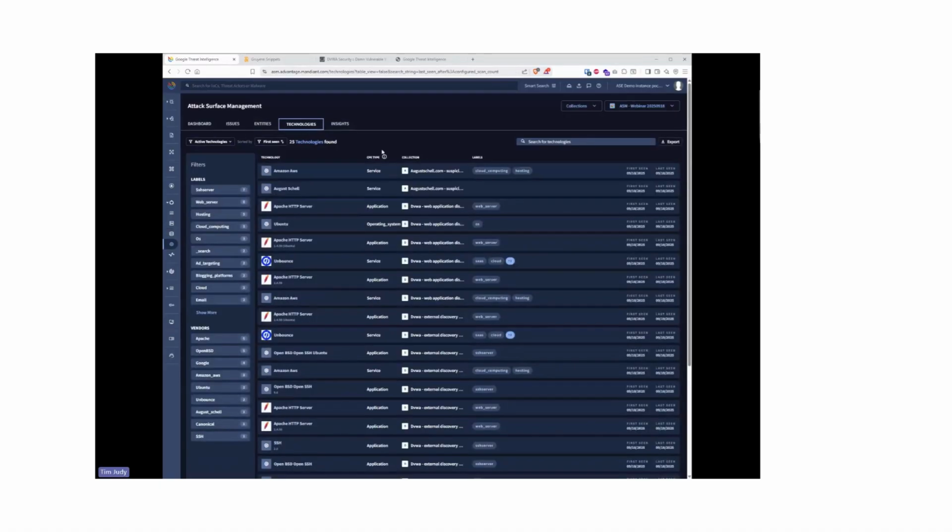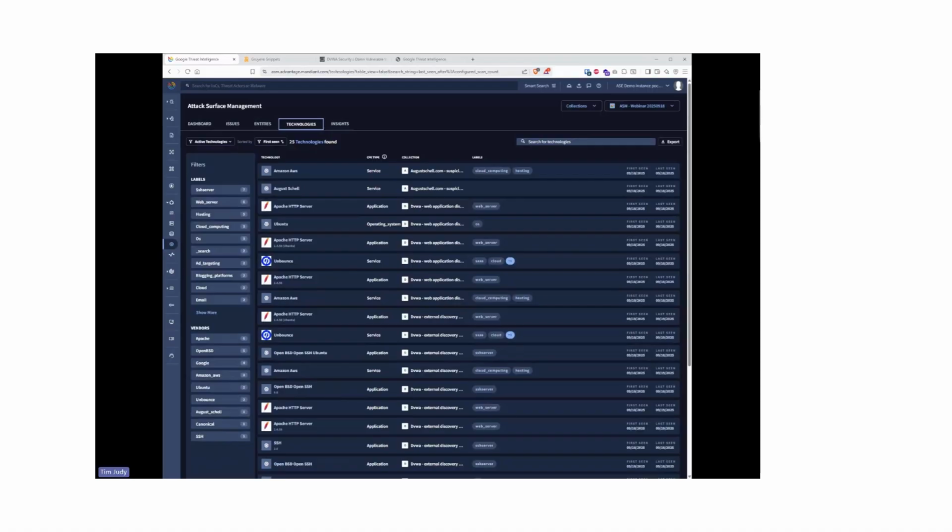Moving on to the next broad category of information, exposed technologies. So going down from dashboard, issues, to entities, based on the collection and the seeds that we put in, we've identified the issues that were associated. We've got the entities that were identified based off of it. Now we're getting to the actual technologies and software that are associated with those. This is important because we are concerned with